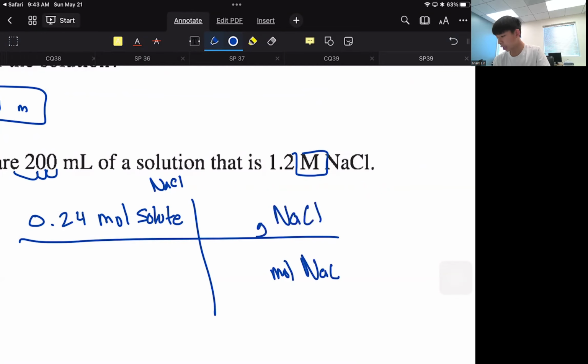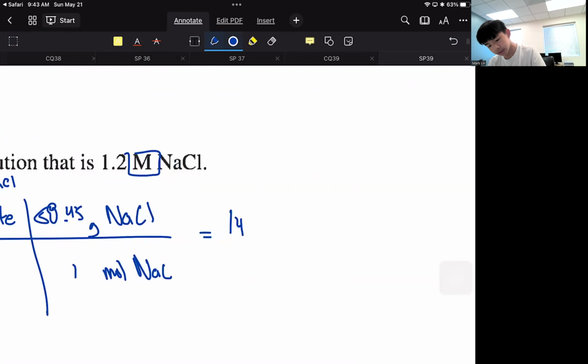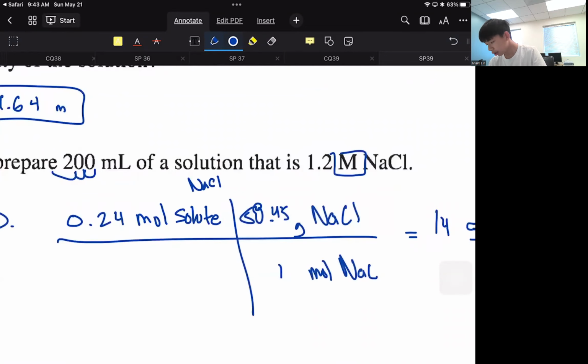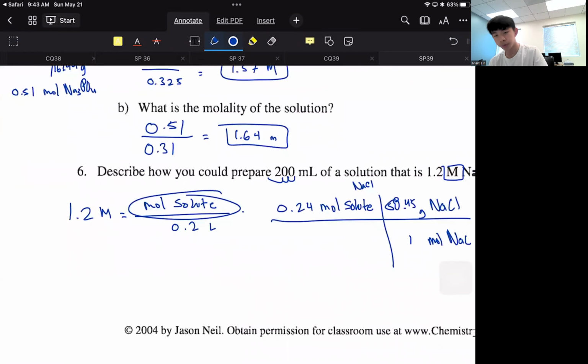The molar mass of NaCl is 58.45, I think. It's gonna give us 14 grams. So in words, I would say take 14 grams of NaCl